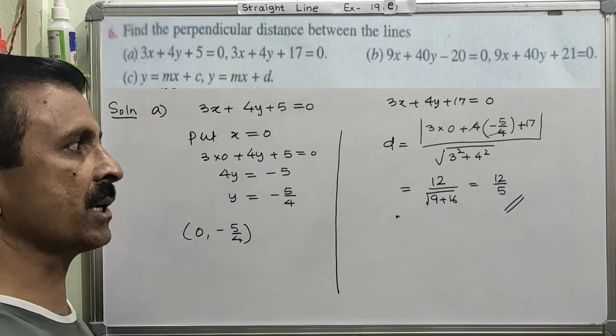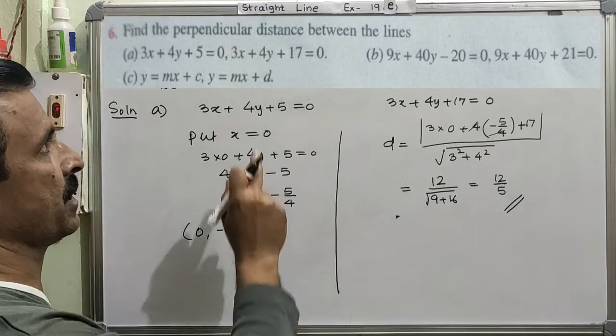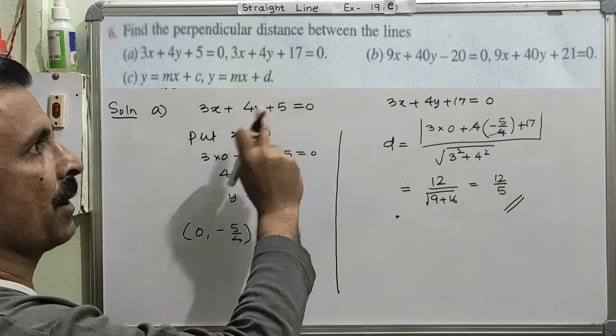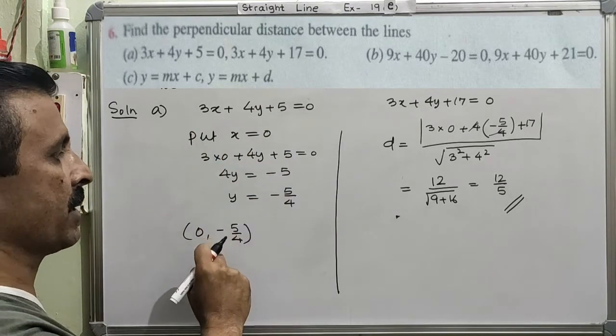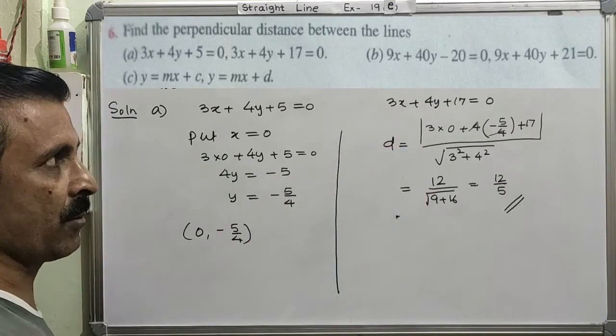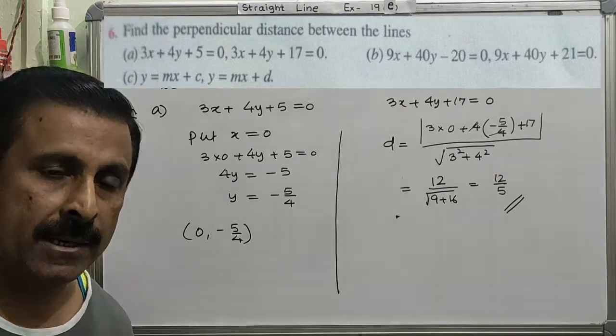Right? So we have used the same formula, but there is a little difference because here we have both the lines. Therefore, one of the lines can be used for finding the coordinate of a point, and once the coordinate of the point is calculated using the first formula, we can calculate the distance between the two parallel lines. Is it all right? Thank you.